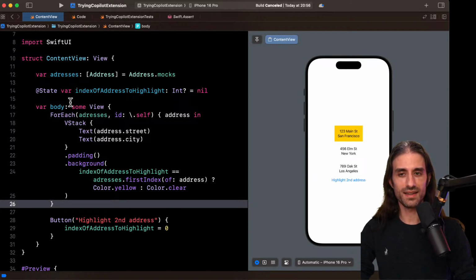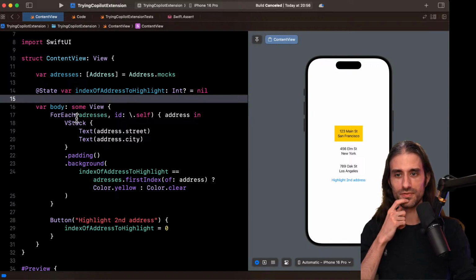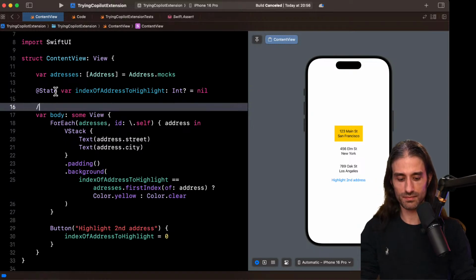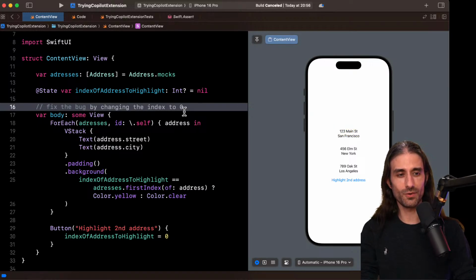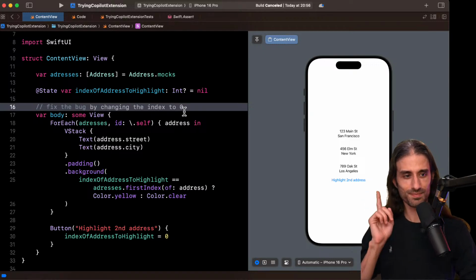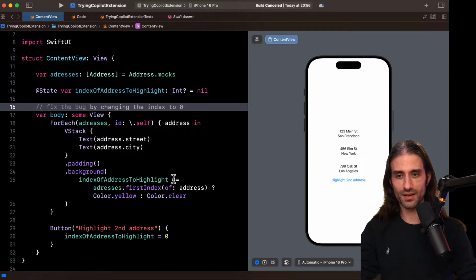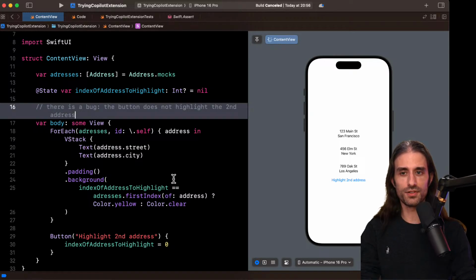And now let's say, how can I ask it to fix the bug? I could say like, fix the bug by changing the index to 0. So you can see that it's narrowing. If I say like there is a bug, the button does not highlight the second address.